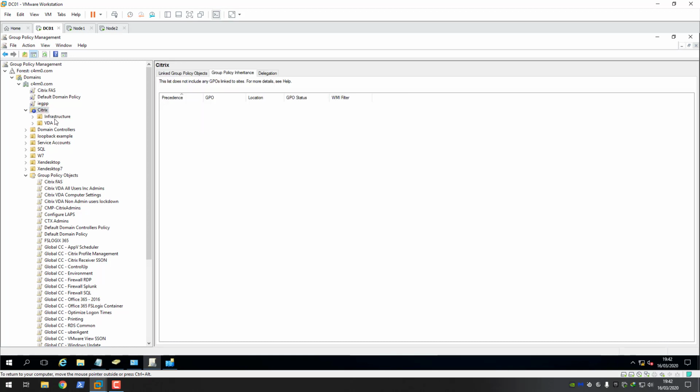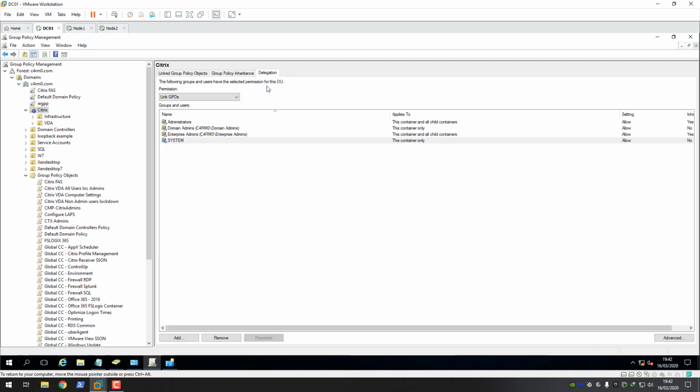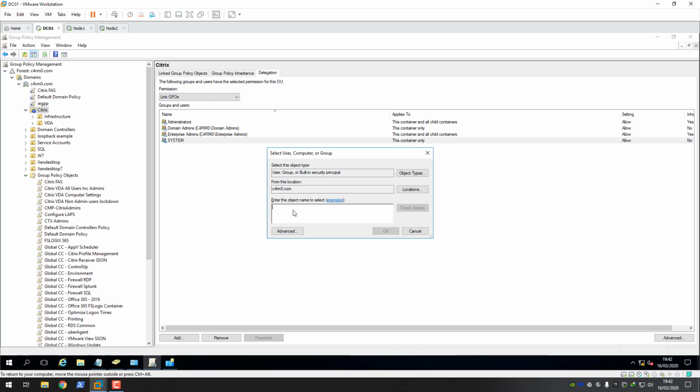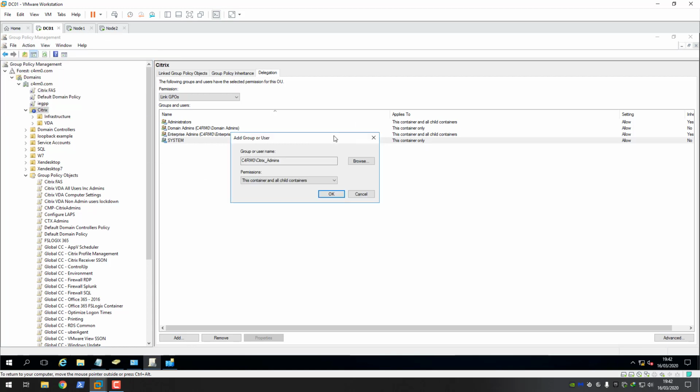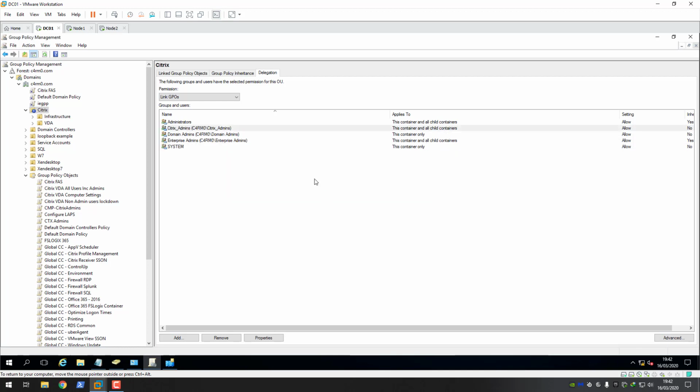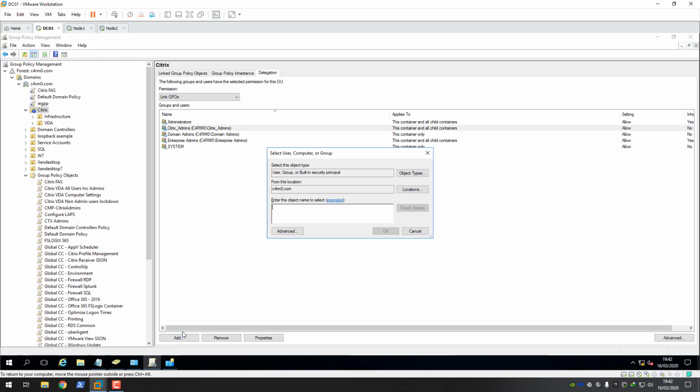So if we come under Citrix, and then if we come under delegation, and then click on add, we'll add our Citrix admins here. Click on check name, click on OK, and then we want this to inherit all the way down, so we'll click this container on all child objects, and then under here we'll make sure link GPOs is selected, and then we'll click on add again. We'll add our Citrix admins again,